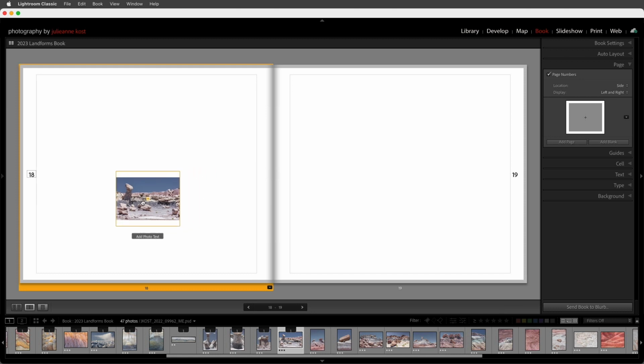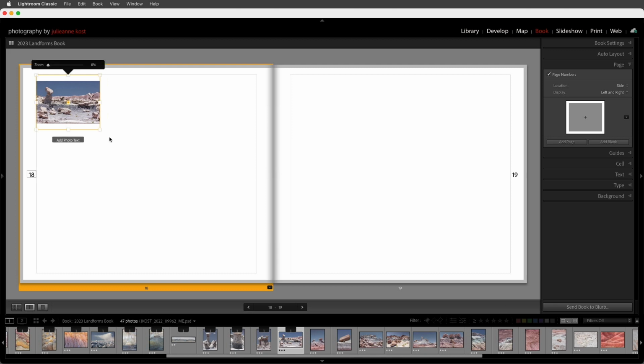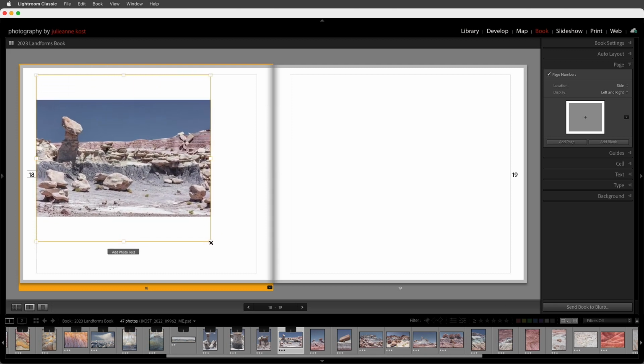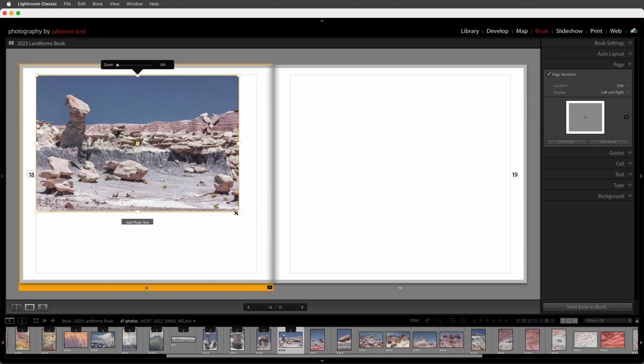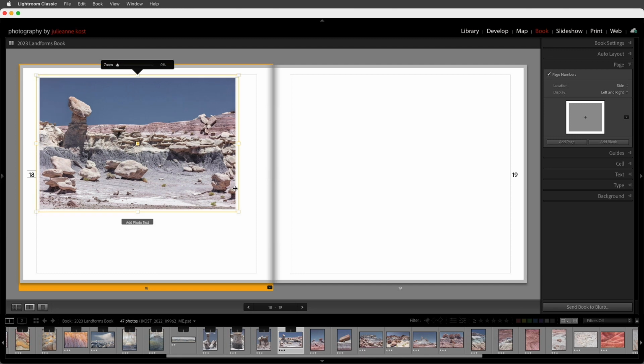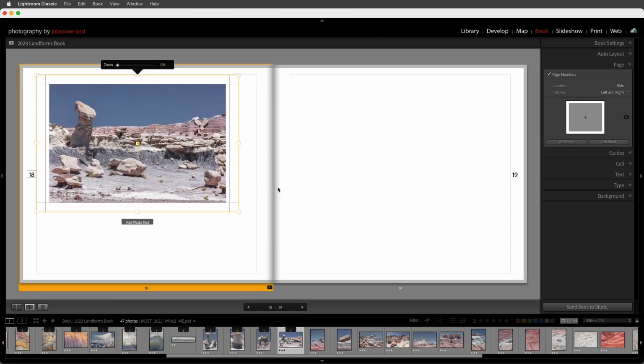I can then reposition that cell by clicking on that middle anchor point, or I can expand or contract the cell by clicking on any of those edge anchor points. If I drag near the edge of the cell, then I'm actually going to be changing the padding of the cell. Now, as I drag, you can see that they're locked by default,